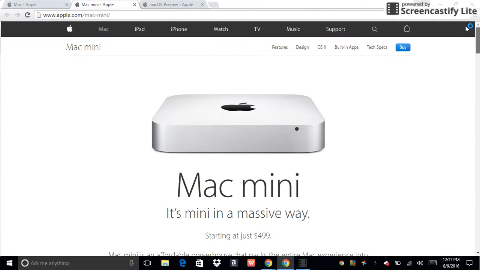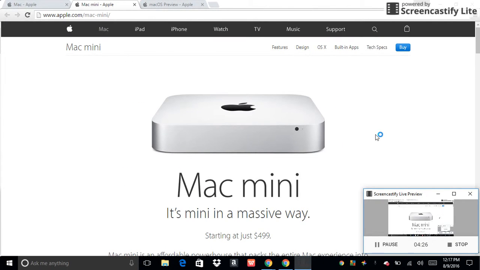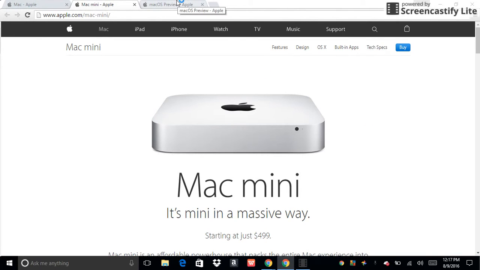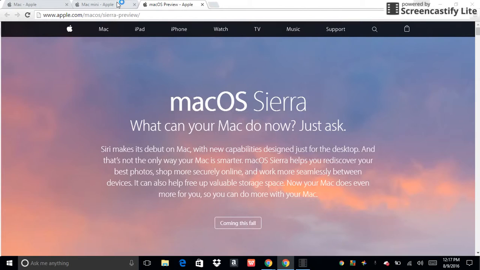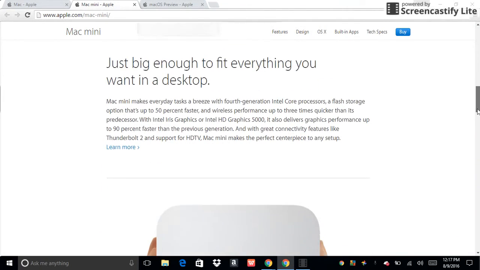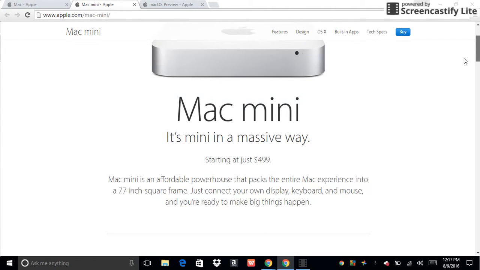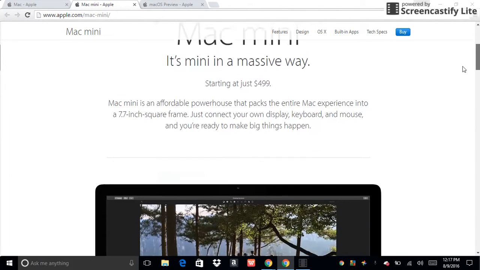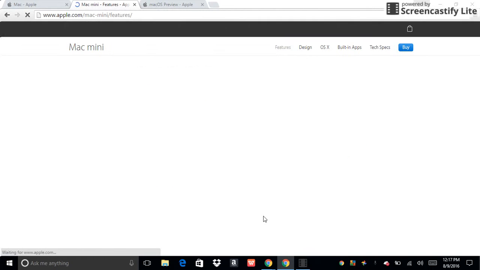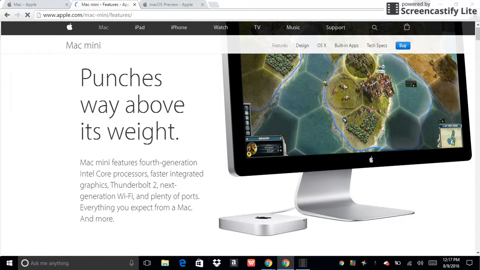Okay, so the Mac Mini. Okay, I still have a good 6 minutes. So, oh, oops. The Mac Mini is made for that. And let me click on Learn More. So it is a full functioning computer with the Intel Core processors, fast graphics, and even though it says